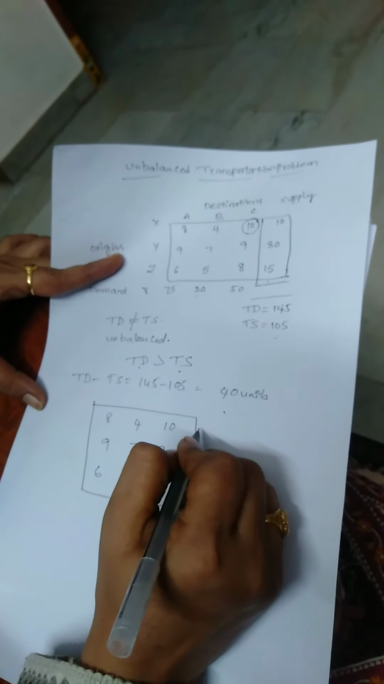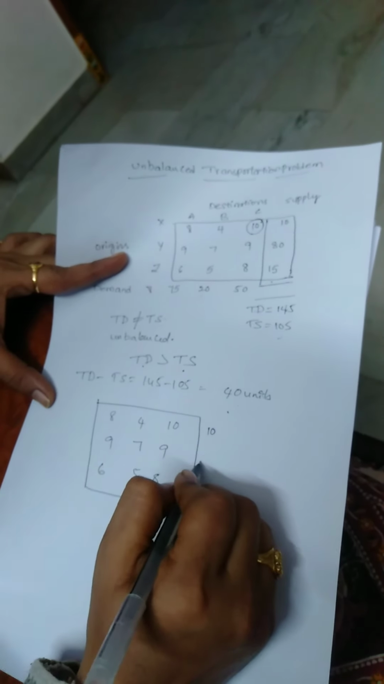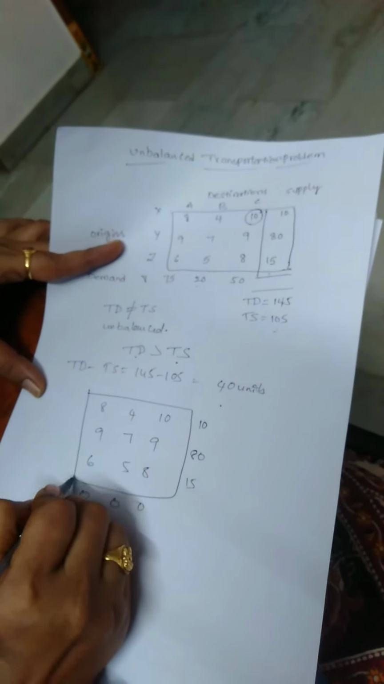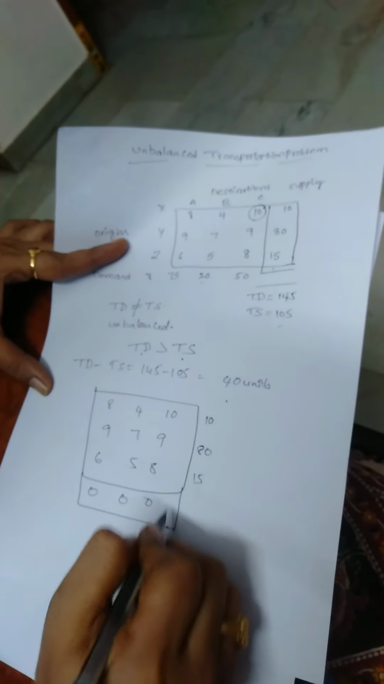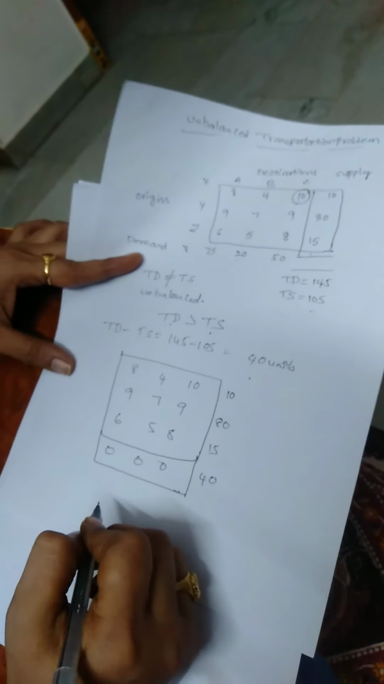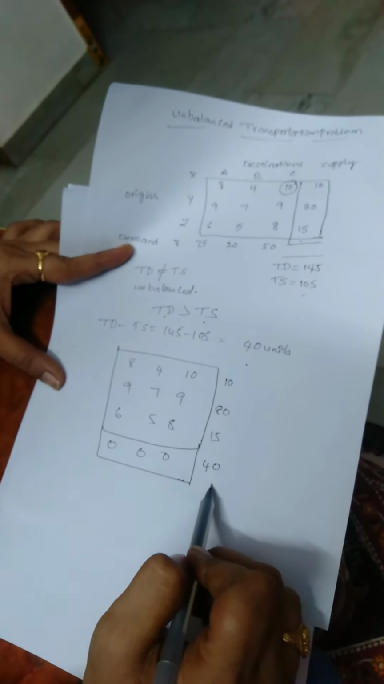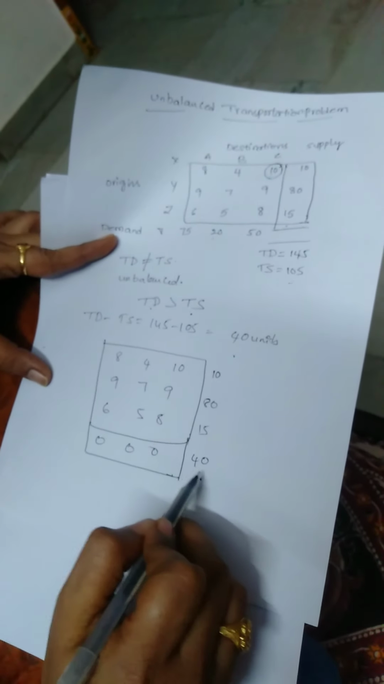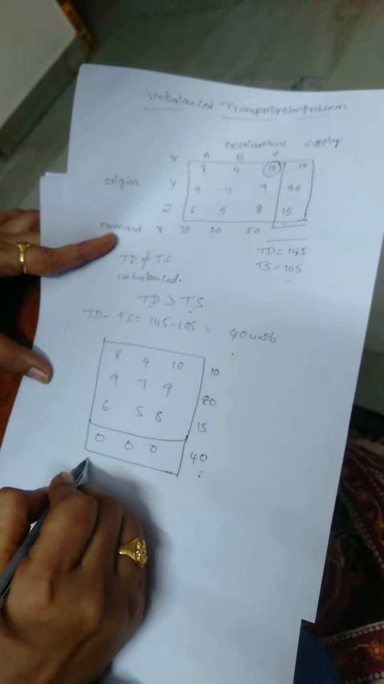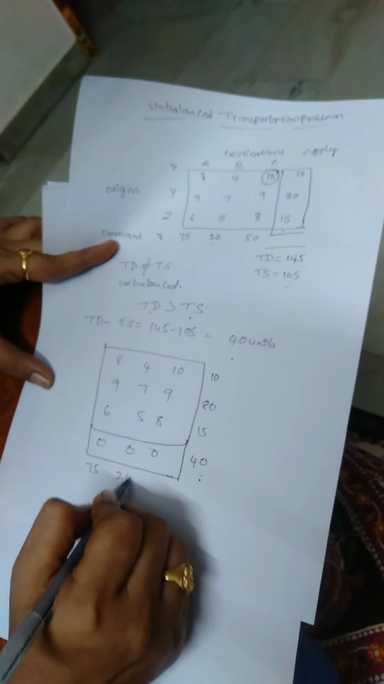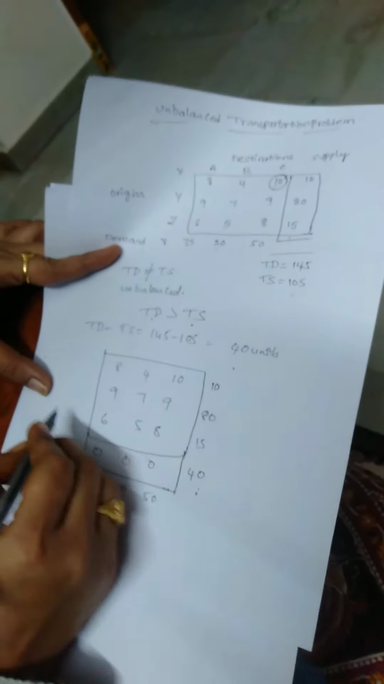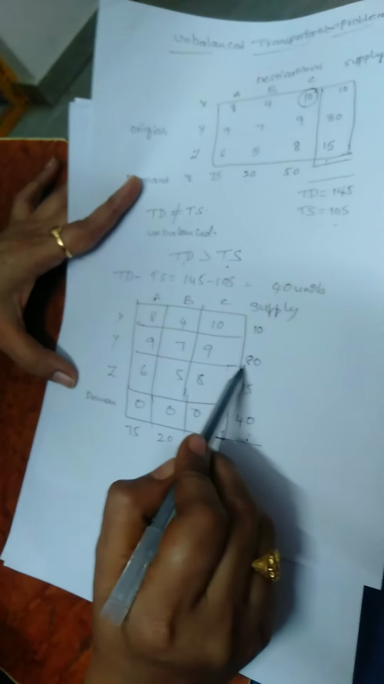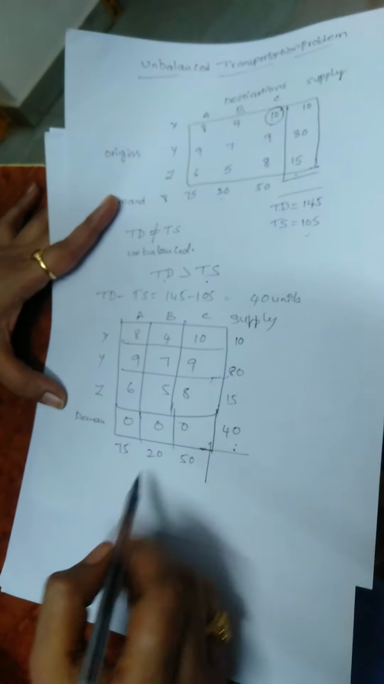The corresponding supply units are 80, and let us add one row with 40 additional units because supply is lesser here in this problem. Therefore I have added one more row with 40 units as supply and the demand remains the same for all the destinations. Now let us once again check the